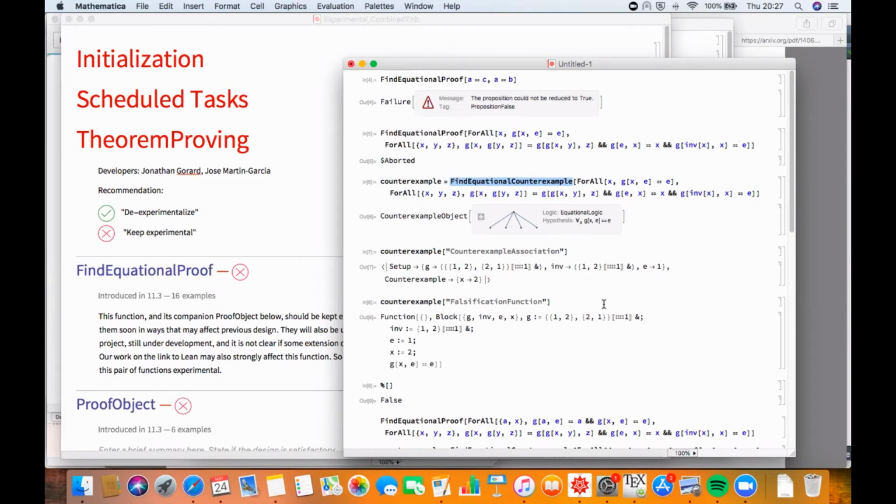Right, but I think we could potentially follow the sort of proof object structure in doing that. We have this underlying association, but just as we can visualize the proof networks, there might be some nice way you could just call into the counterexample object and say, visualize this as a multiplication table or something. Yeah, fair enough. But that's with respect to counterexamples. What I'm saying is the positive case, namely, given this axiom system, just get me a bucket of 50 examples, not counterexamples, 50 possible models for that axiom system.